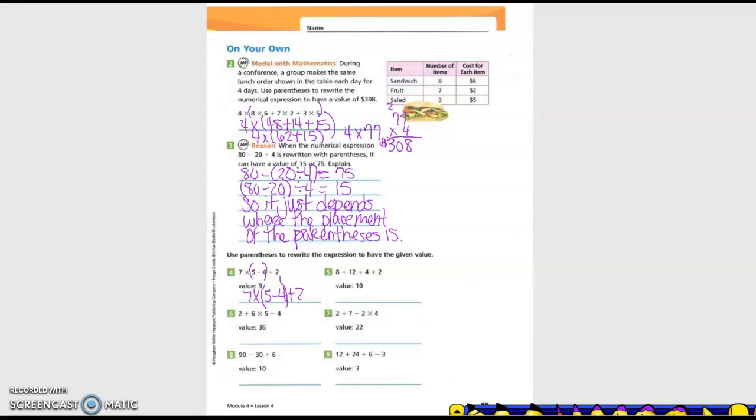Okay, they want a value of 10. So if I was going to be working it like order of operations, where would I first put them? 12 divided by 4, right? So 8 plus 3 is 11 plus 2 is, no, so 13 isn't going to get us that. So we're going to have to